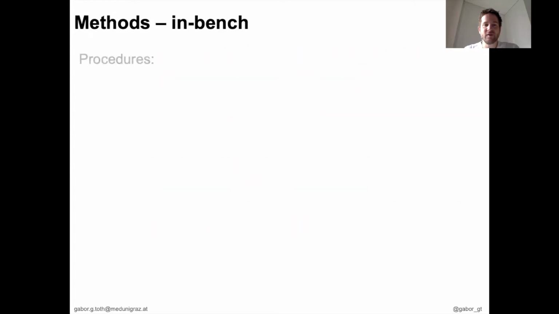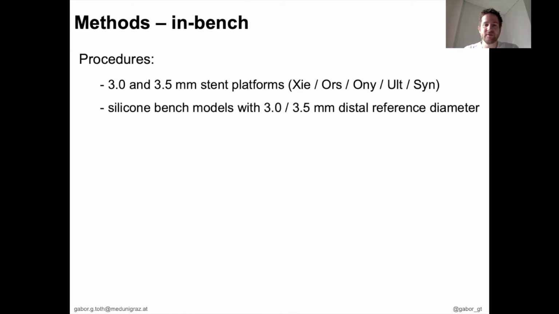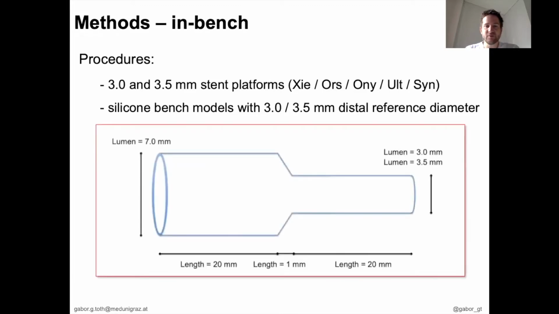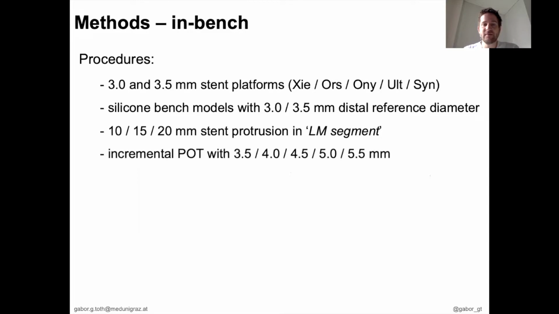We performed first in-bench analysis using 3 and 3.5 mm stent platforms from 5 different vendors. They were implanted in bench models with 3 or 3.5 mm distal reference diameter and a proximal main branch segment large enough not to limit overexpansion. We performed crossover stenting with 10, 15 and 20 mm protrusion in the so-called left main segment to simulate different anatomical settings. And incremental POT was performed with 3.5 up to 5.5 mm to demonstrate a wide range of different